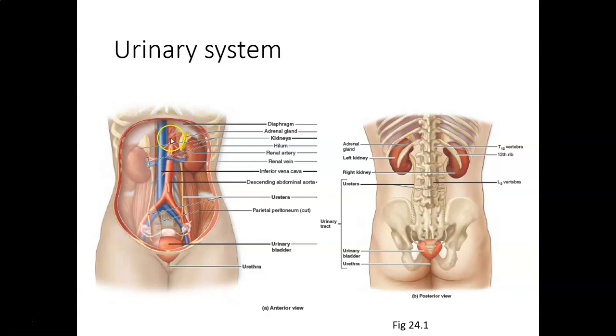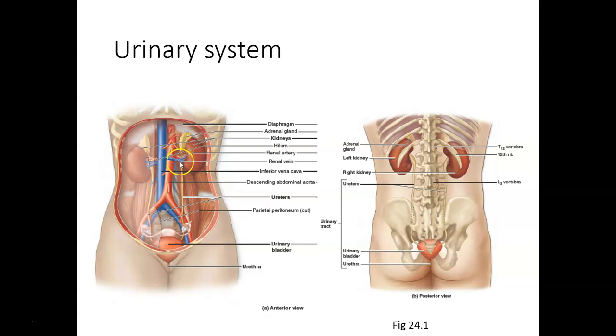So you have the descending aorta right here, and that's carrying the artery, the oxygenated blood. So that's the artery carrying basically the blood into the kidney,